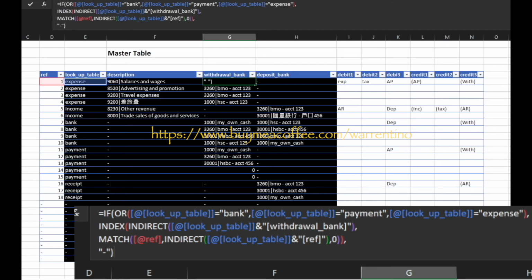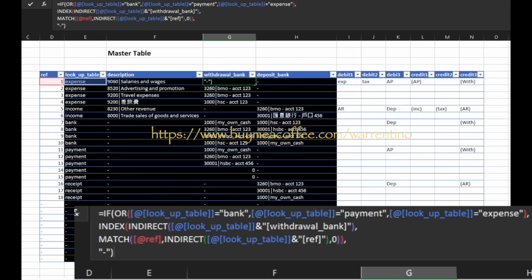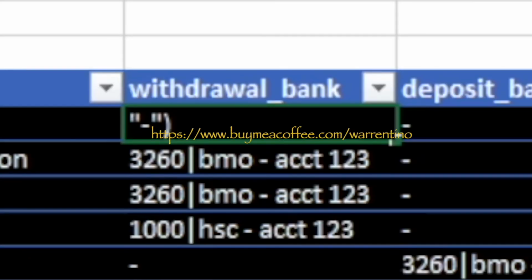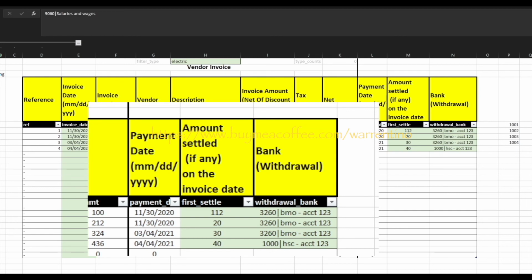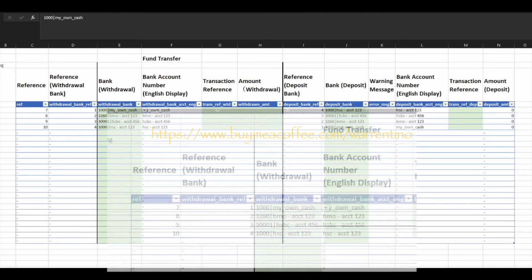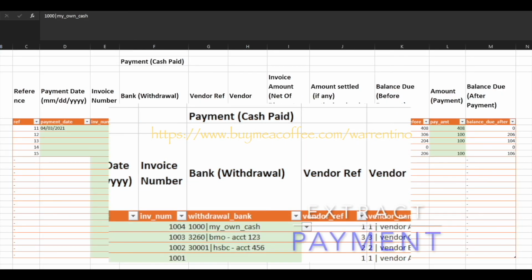Then you should see me extracting the general ledger account of the banks under the withdrawal bank column. They are simply the withdrawal bank columns from the expense, bank, and payment interface.